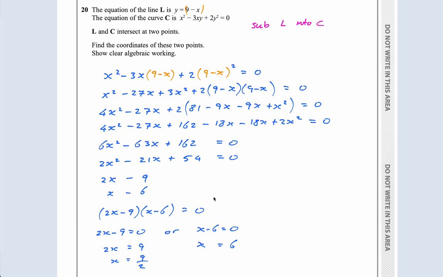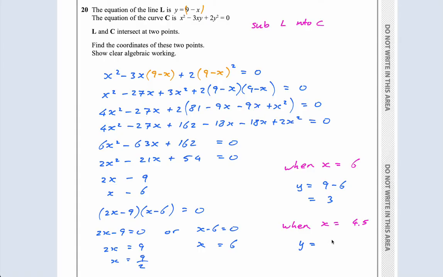So when, let's do it over here, when x equals 6, then y equals, from this, 9 minus 6, which is 3. When x equals 9 over 2, or 4.5, when x equals 4.5, y equals